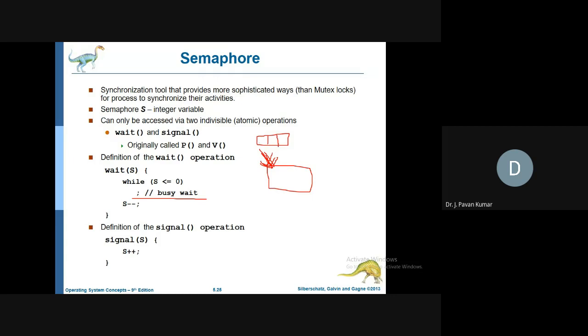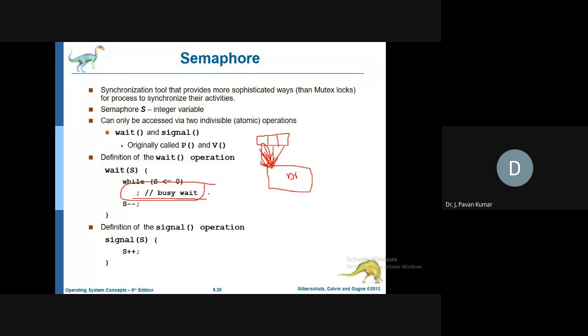It is like the earlier application. A doctor will be there, a doctor consultation room is there. One patient has entered. All other patients have to check every time whether the doctor is free or not. Doctor is free or not. Doctor is free or not. Every time after checking, again they have to check. That's it, so it is busy waiting. Are they doing any useful work here while checking? Nothing. They are just checking whether they can avail the doctor appointment or not. That's what busy waiting is.